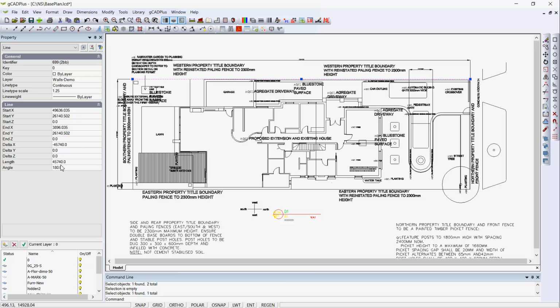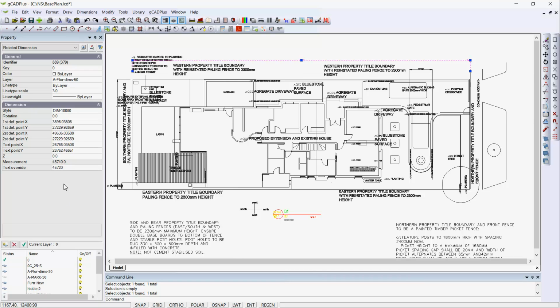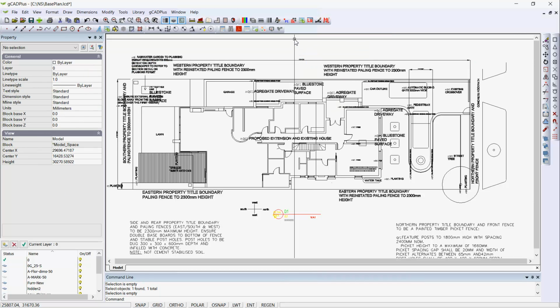It's 45740, and the dimension should have been exactly the same. Its measurement is 45740, and someone has overridden it with 45720. So I would question the diligence, if you like, of the AutoCAD drafter here. There are some problems. It's only 20 millimeters out, but even so, we like in the gCADPlus environment to